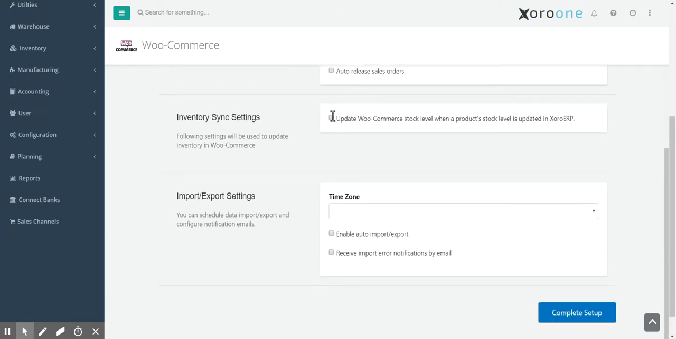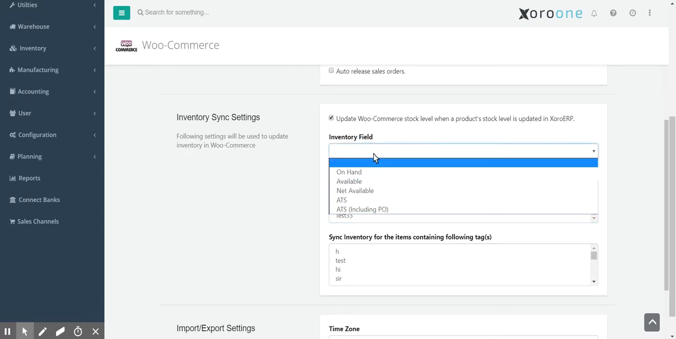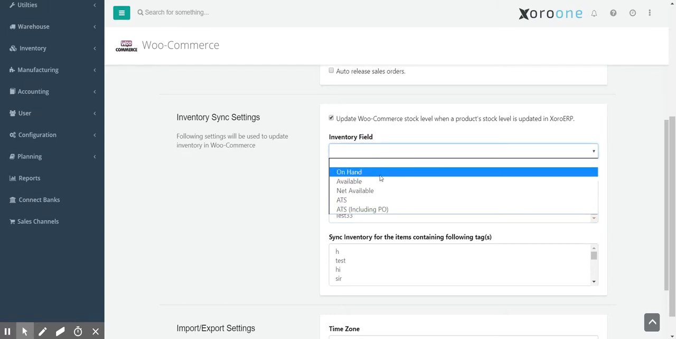Now it's the inventory settings. So tick this off if you want any changes in inventory to get sent to WooCommerce. So basically, this is in the case where you want inventory changes to be sent to your e-commerce store. So in most cases, you do want those going through, and you want to select which inventory field those will